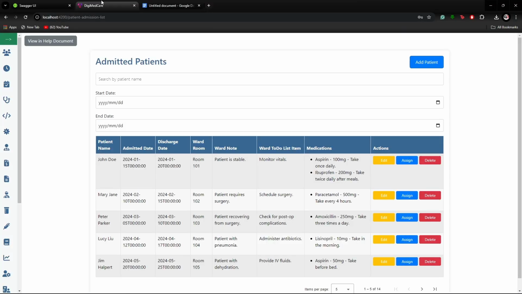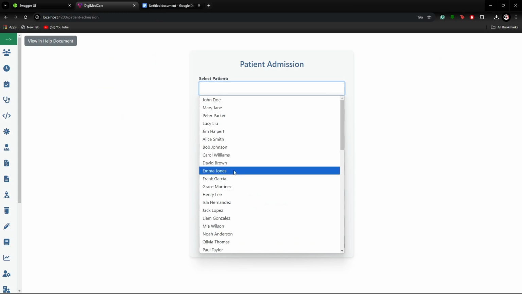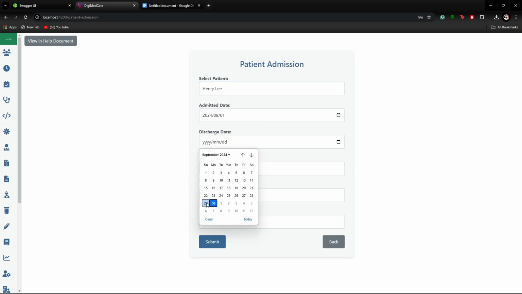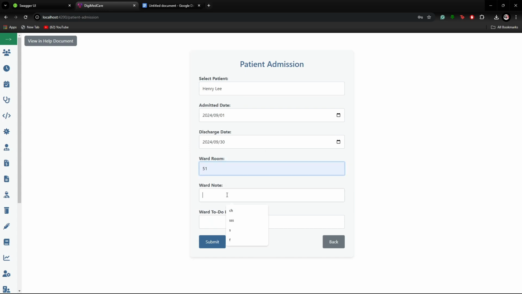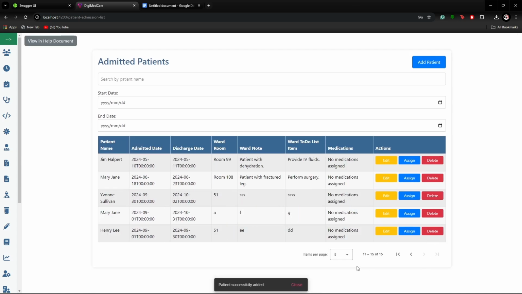All right, now time for the patient admission. So here you have your patient admission tab. Here is where you would add your admission. You would select the patient, the admitted date, the discharge date, and then the ward, room, the notes, and so on. You would submit that, and then it has been successfully